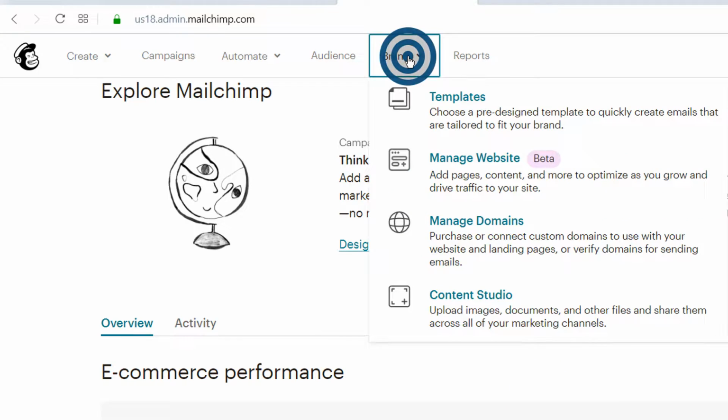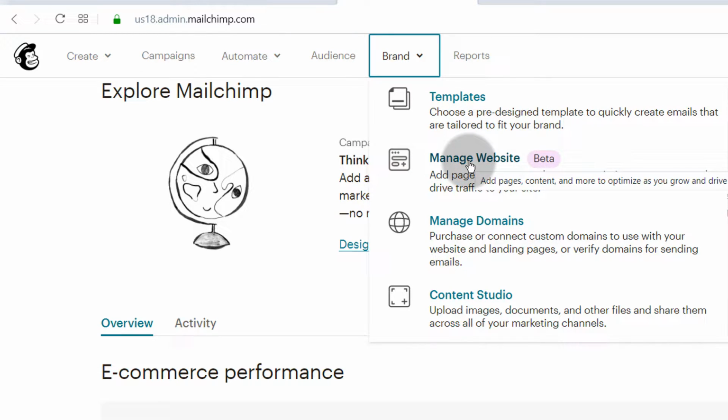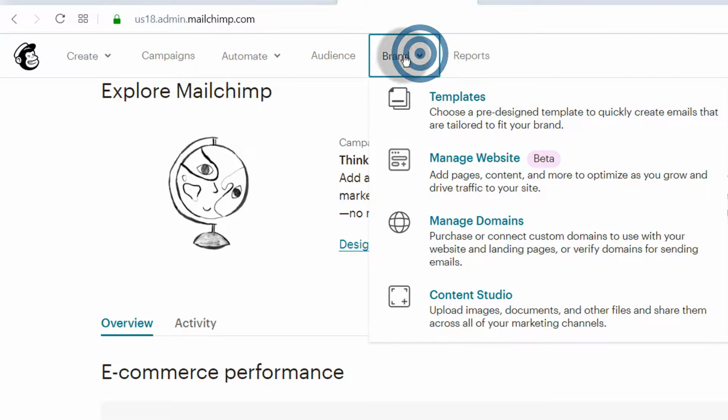So if you come here under brand, you're going to see that there's this new feature, manage website. This is a new feature which allows you to create a website on Mailchimp. So in this video, I'm going to do an overview of how you can create a website using this Mailchimp website builder. So first off, you're going to have to come here under brand and then you'll click on manage